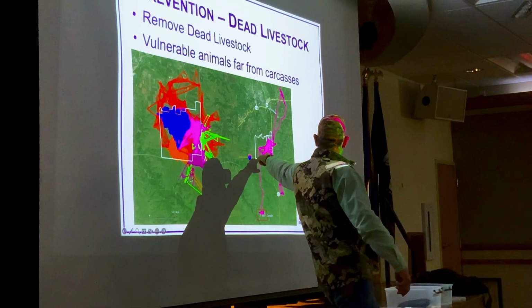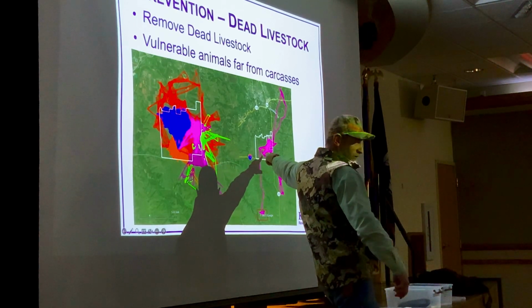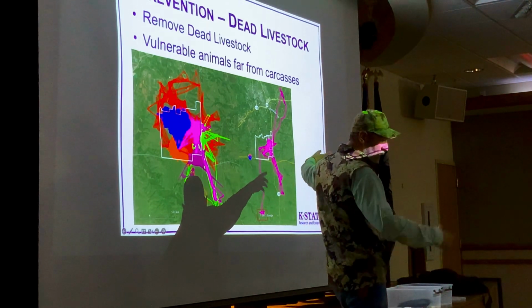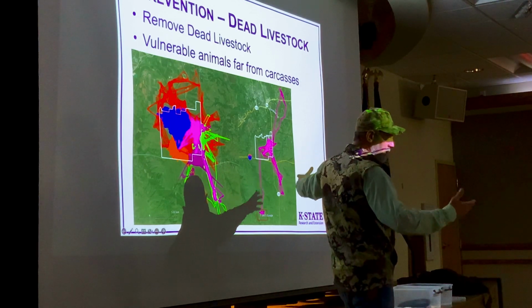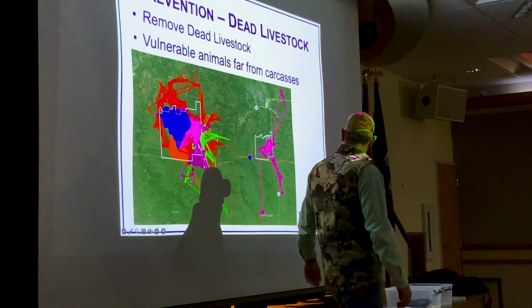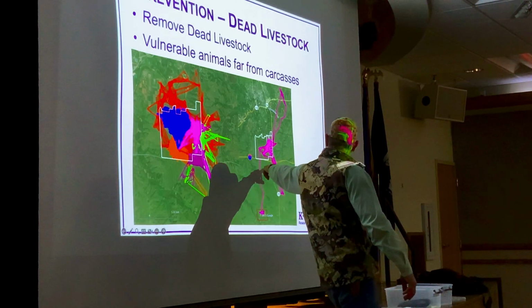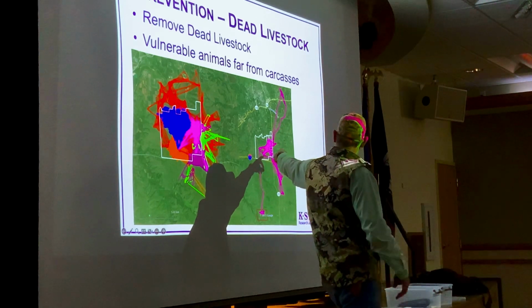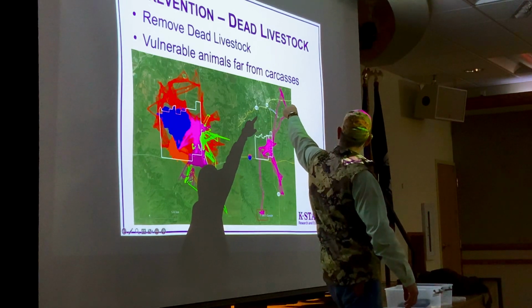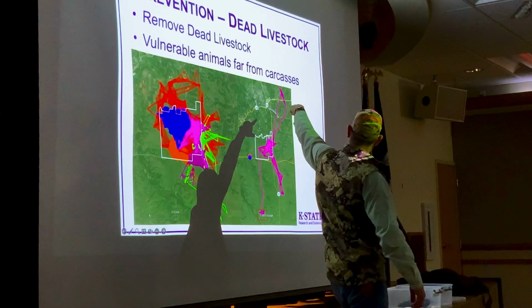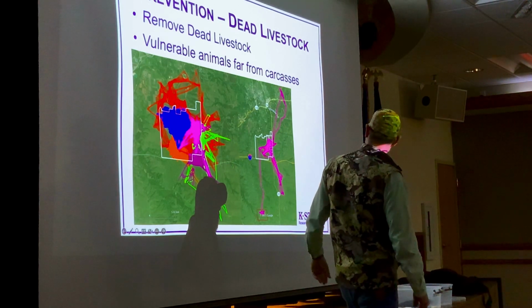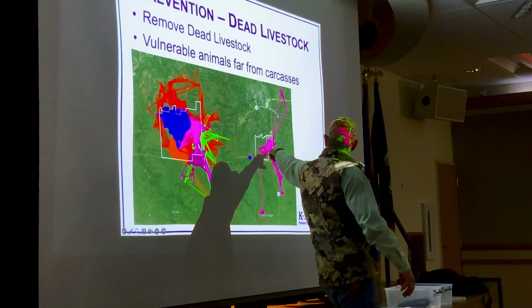One of the things that's important to note is, long after there's nothing left to eat there, she's still going back and checking on it. Several months later, it's a pile of bones, everything consumable's gone, but they still go back and check on those spots. Several trips down to the dead pit, and then in late October, she takes off and goes up east of Manhattan. There's a smaller feed yard up there, kind of a place where somebody might winter their cattle, not a big feed operation. Then she comes back down to Konza.